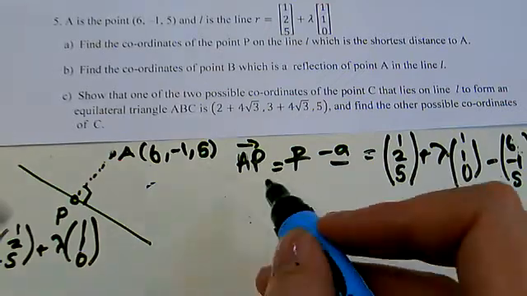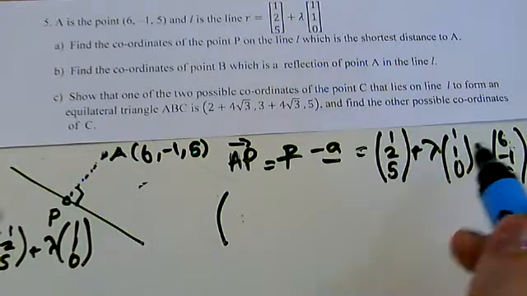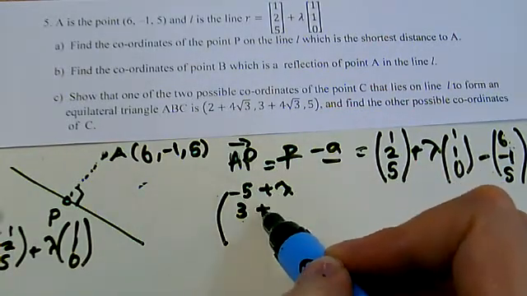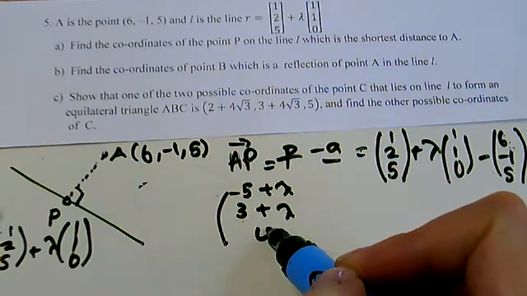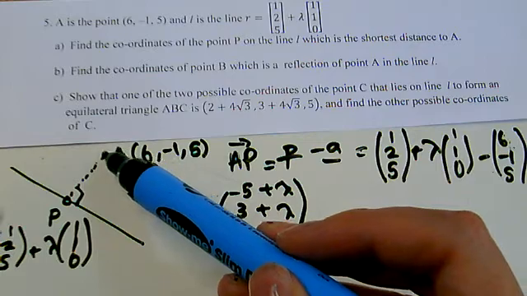Okay, working that out, A to P would be 1 minus 6 minus 5 plus lambda, 3 plus lambda, and 0. So that's an expression for